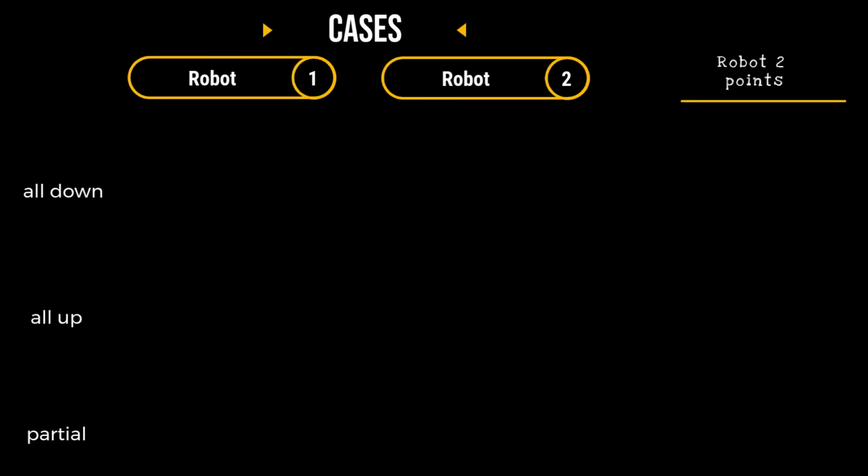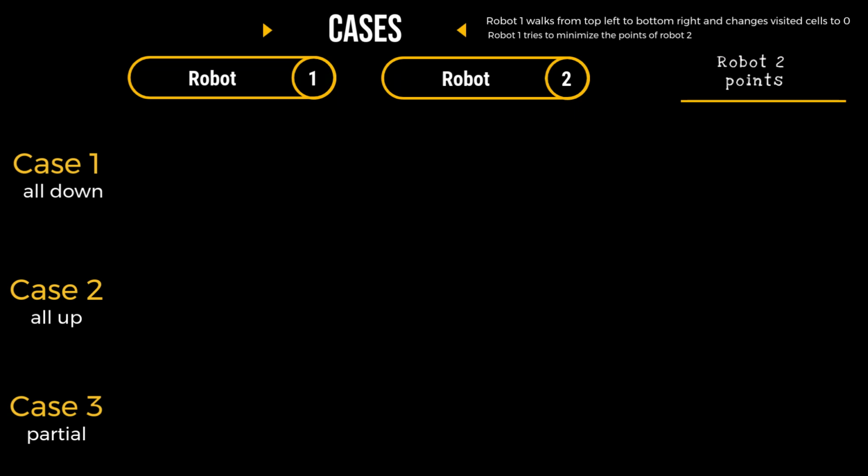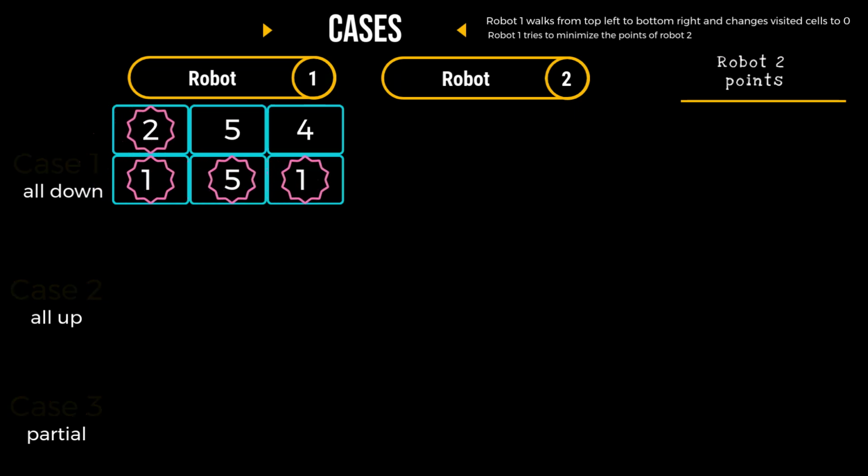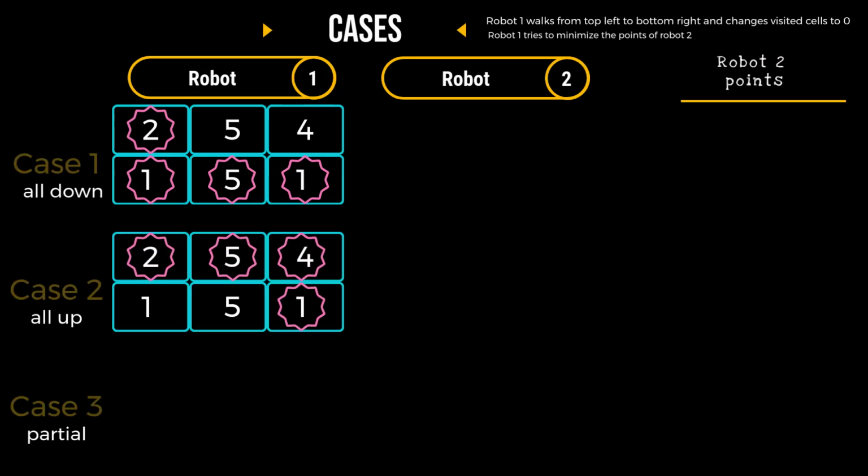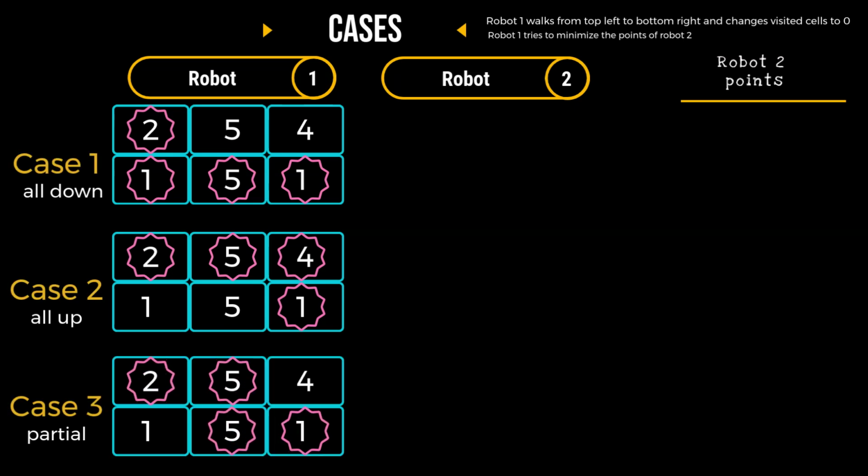Both robots start at the top left cell and stop at the bottom right cell. Robot 1 changes the visited cells to 0 and tries to minimize the points collected by Robot 2. There are 3 cases. Case 1: Robot 1 walks through all the points in the second row. Case 2: Robot 1 walks through all the points in the first row. Case 3: Robot 1 partially walks along the first row, goes down at a specific column, and then moves right